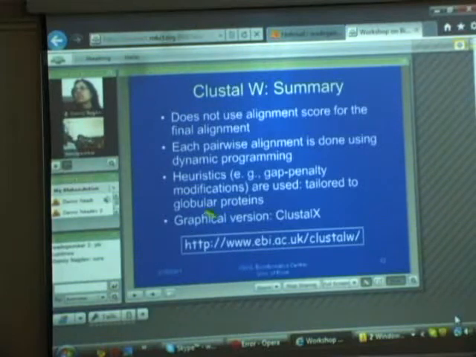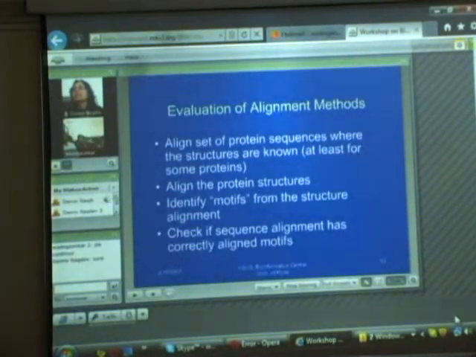There is a graphical version of Clustal available, Clustal X, and a web-based version is available at the EBI. One of the sites where it is available is in fact EBI, where you can use this Clustal W in an effective fashion. I suppose in your hands-on session you will already be getting an exposure to the use of Clustal and maybe other multiple sequence alignment methods.